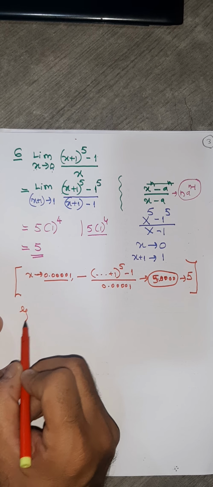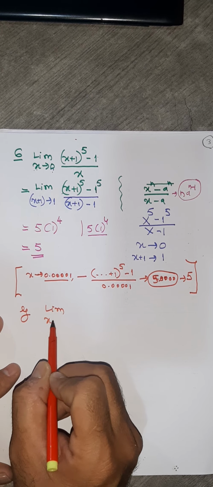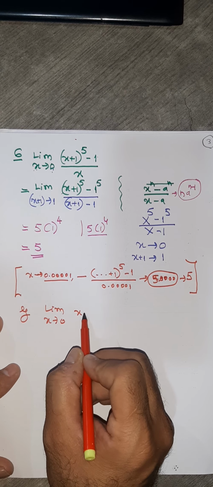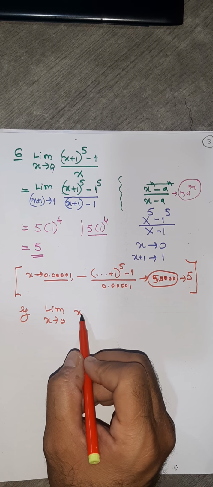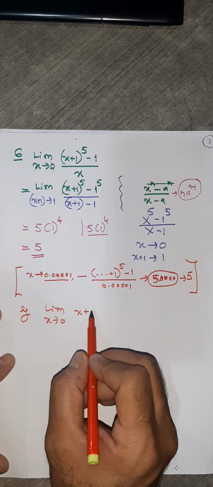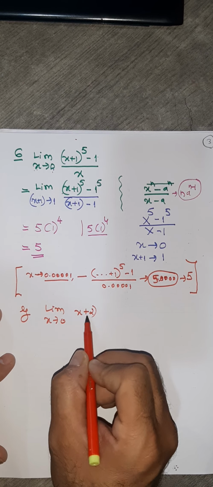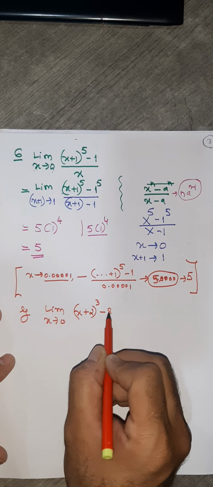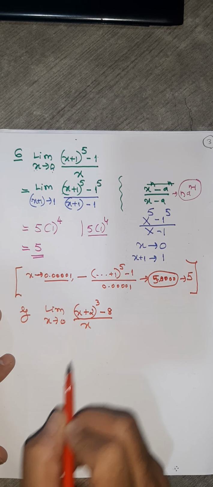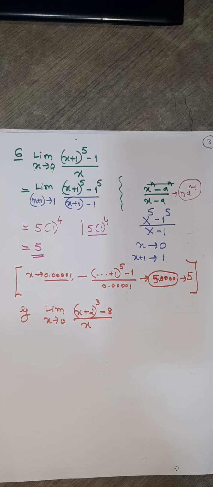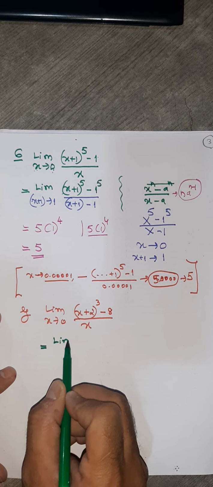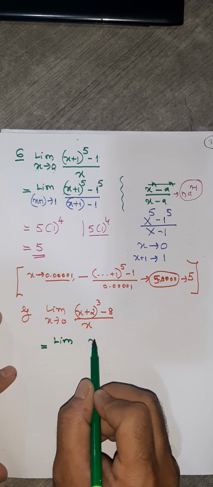Let's see one more question like this. Suppose I have limit x tends to, let's try 0 here. Suppose I have here, let me write, for example, (x plus 2) the whole raised to 3 minus, let's write 8 upon x. Suppose I have this. Now you have raised to 3, so you can write like this here, limit x plus 2